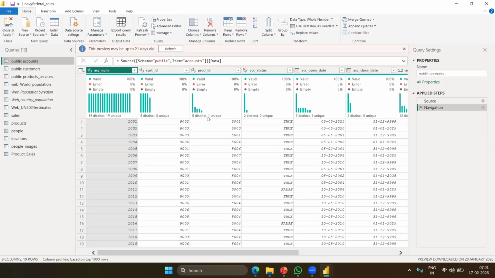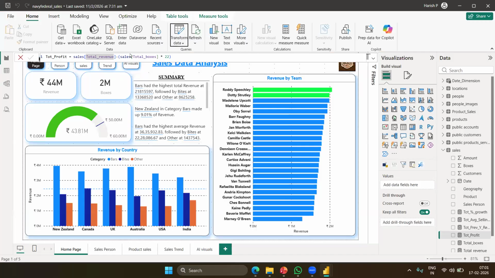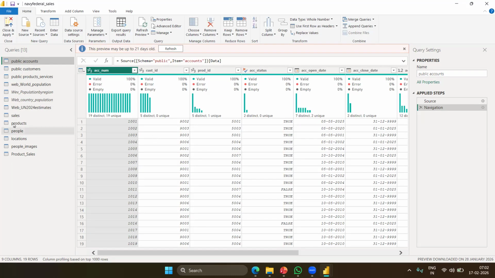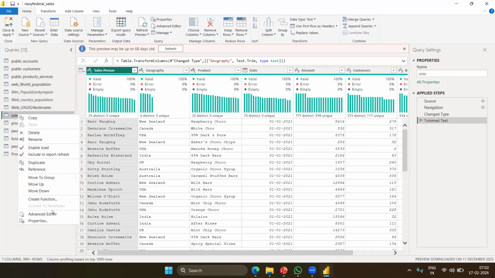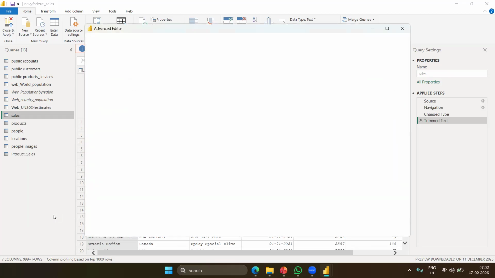Whatever we do in this Power BI tool is mostly drag and drop, with a minimum of basic lines of code. And these are formulas like you create in Microsoft Excel. Suppose I select this and right click and go to the advanced editor.